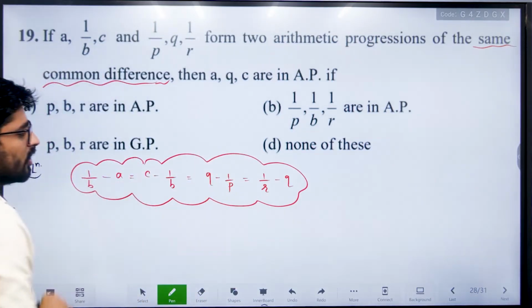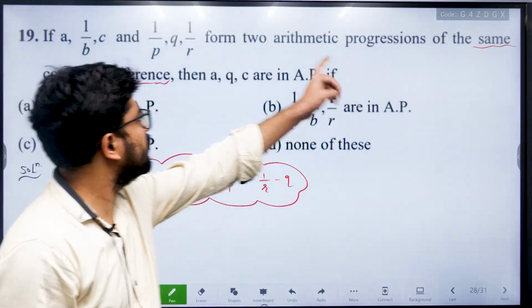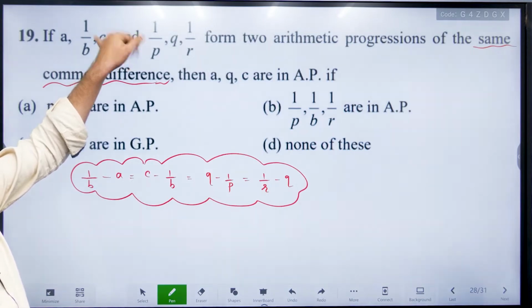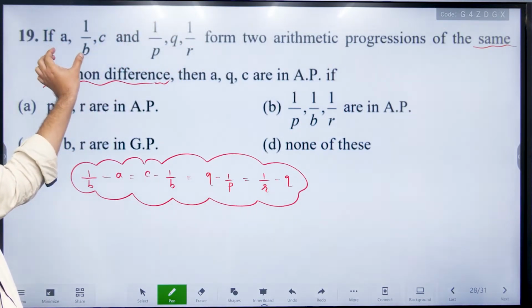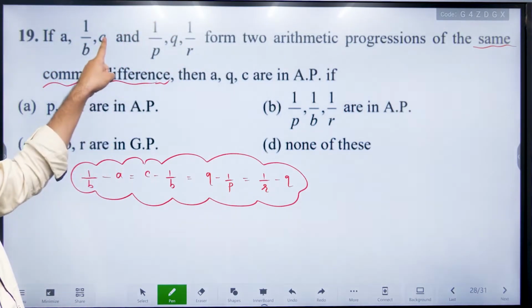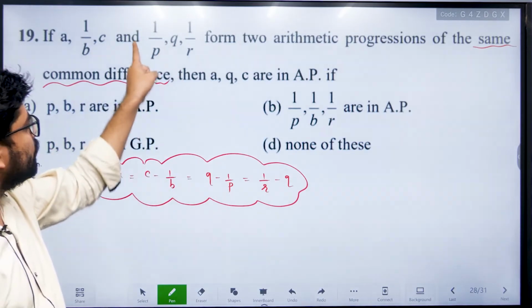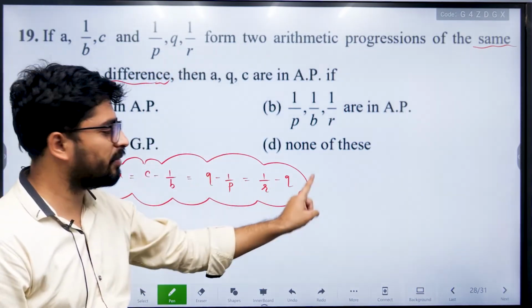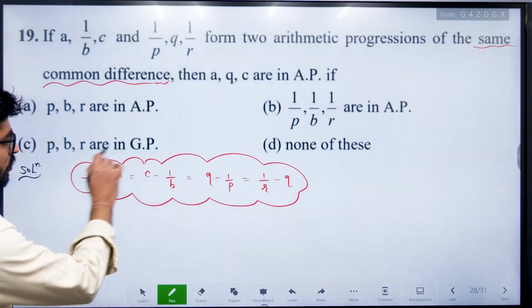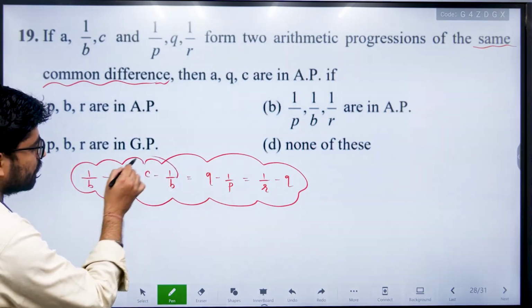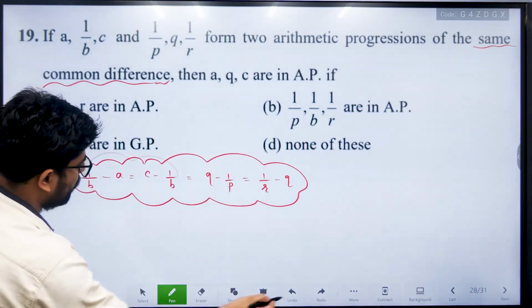This is the equation from your same common difference. If this has some common difference, let's say D, and this is also D, so the common difference is 1 by B minus 1 by A, that is equal to 1 by C minus 1 by B, that is 1 by Q minus 1 by P, and that is 1 by R minus Q. From these two equations,